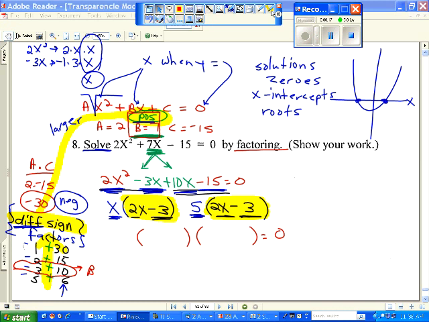To write it as two binomials, what do we do? We take the common one and make it the first binomial. And then how do we get the second binomial? We take the two pieces, x and positive 5, so we put a plus 5. We have